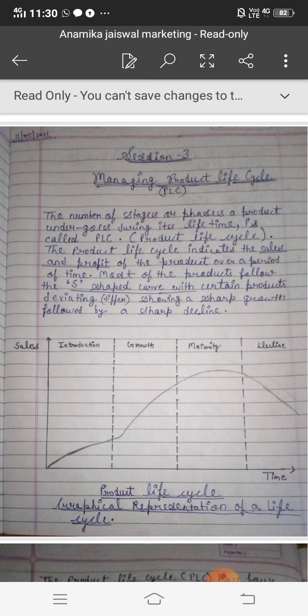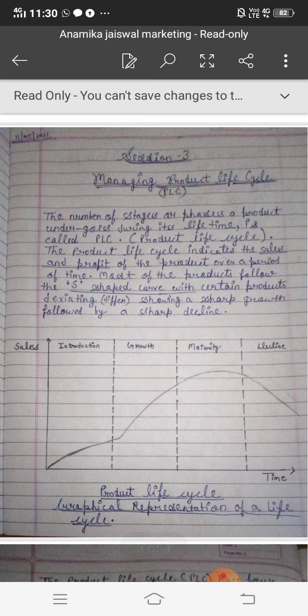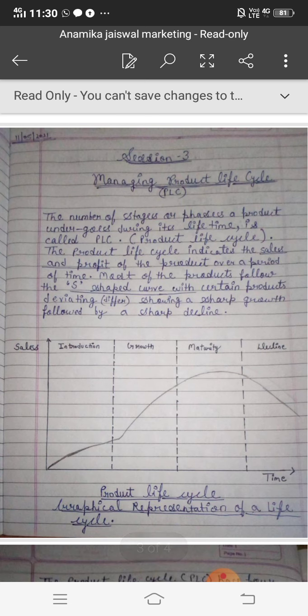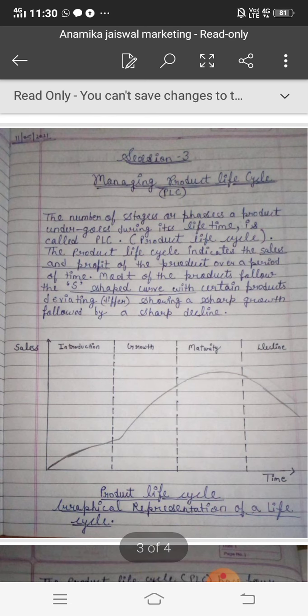Growth. In the growth stage the customer becomes aware about the product, so he or she starts buying it, so suddenly sales increase, similarly profit also increases, and cost slows down. Maturity is that stage in which every customer or consumer knows about the product very well, and some competitors have also initiated their product in the market. So in the maturity stage the product is not growing, not declining, it is balanced.